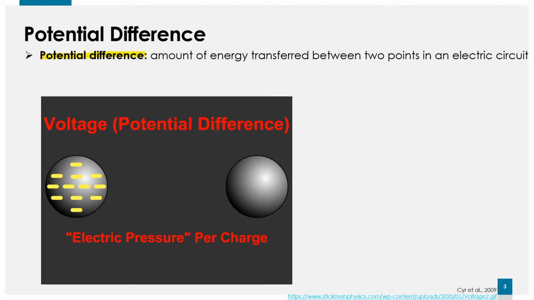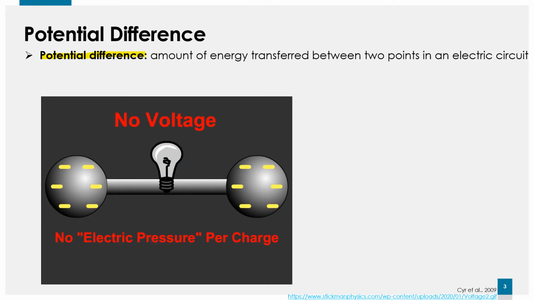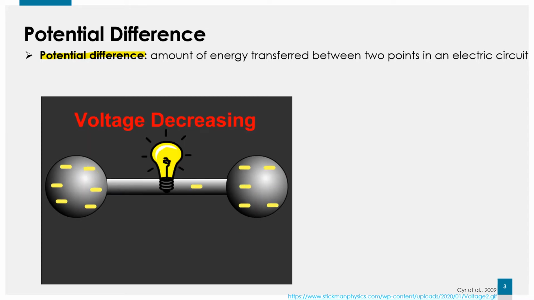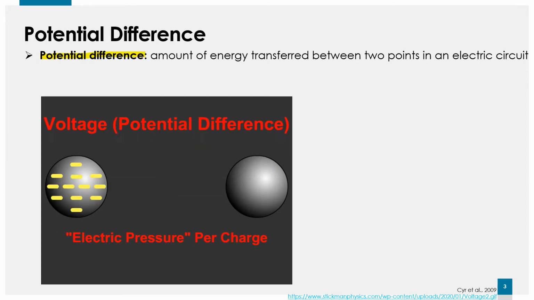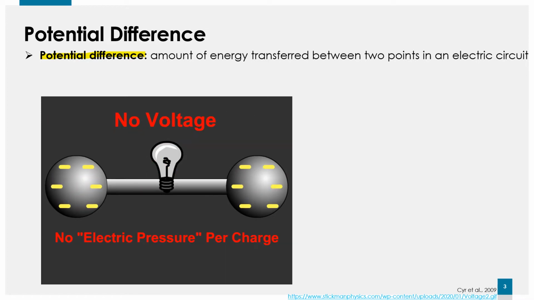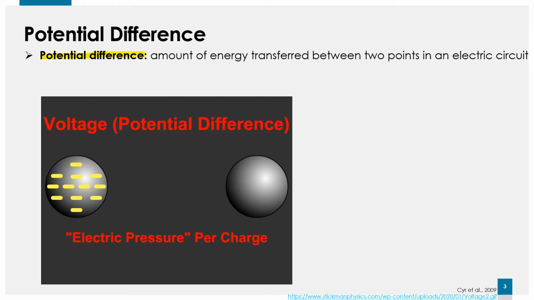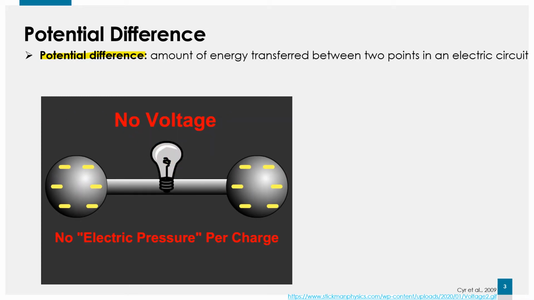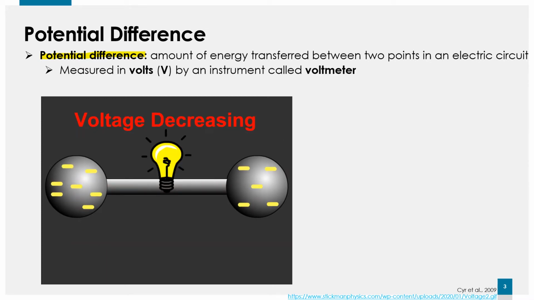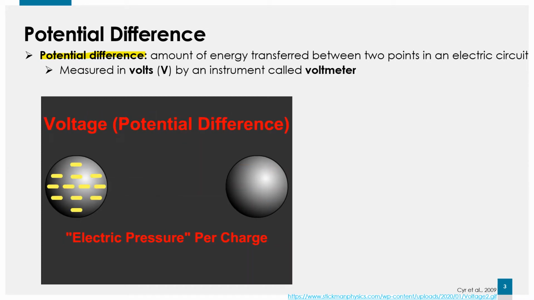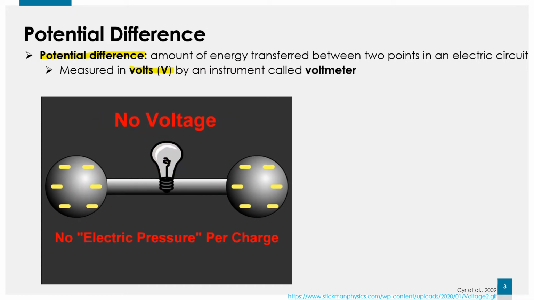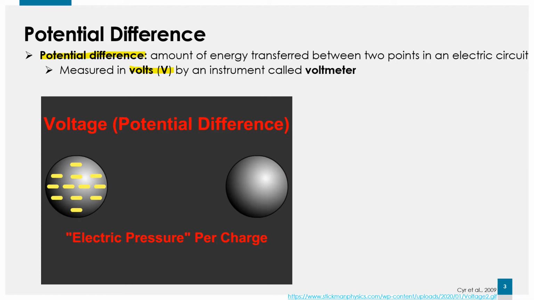How do I get this movement? By the difference of charge between the 2 of them. And how much I transfer, this how much we call potential difference. How much has been transferred, okay? So if I don't have this transfer, I don't have potential difference, so I don't have charge or electricity or energy being transferred, okay? This potential difference is measured in volts, or V, and it can be measured in an instrument